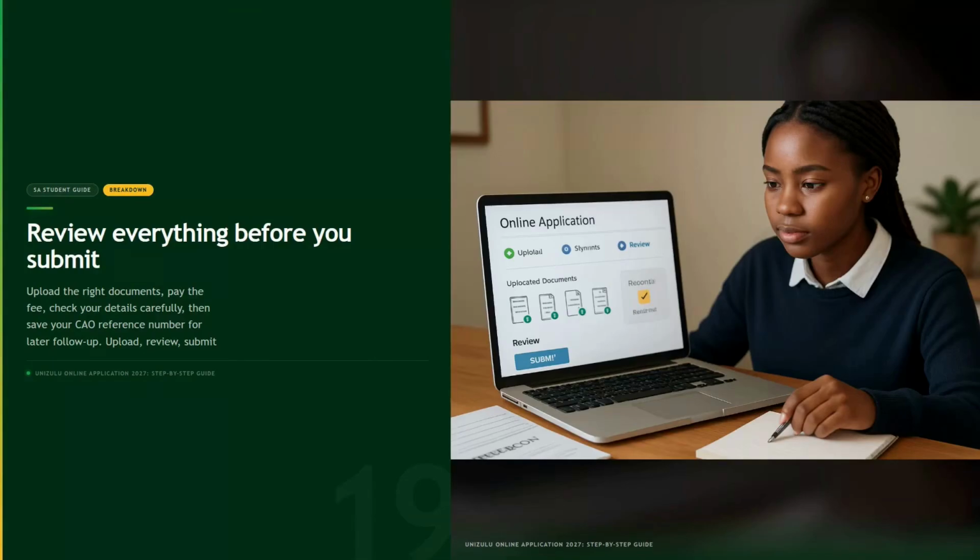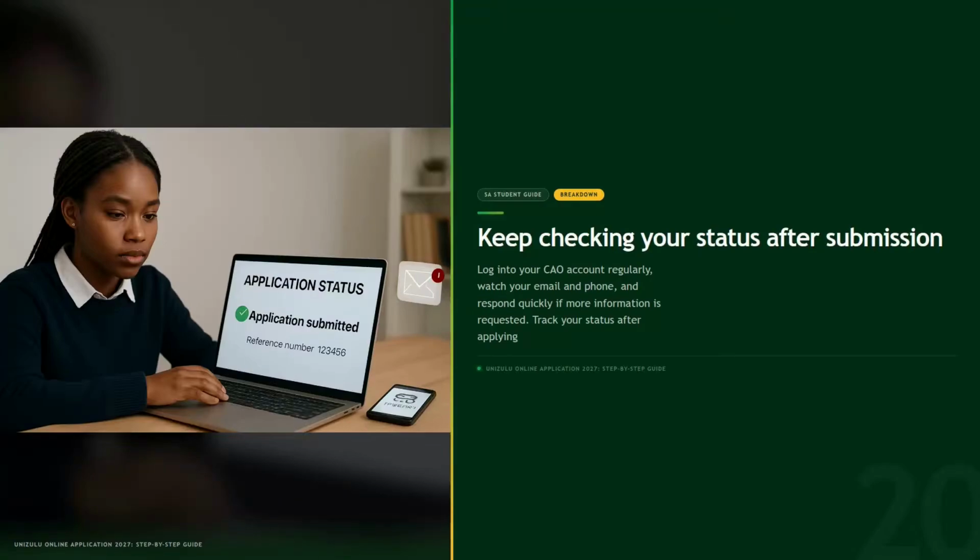After choosing your programs, upload all required supporting documents and pay the application fee. Before clicking submit, carefully review every section of your application. Check your contact information, subject results, and program choices. Even a small mistake can create delays later in the admissions process. Once everything is correct, submit your application and save your CAO reference number, because you will need it for future